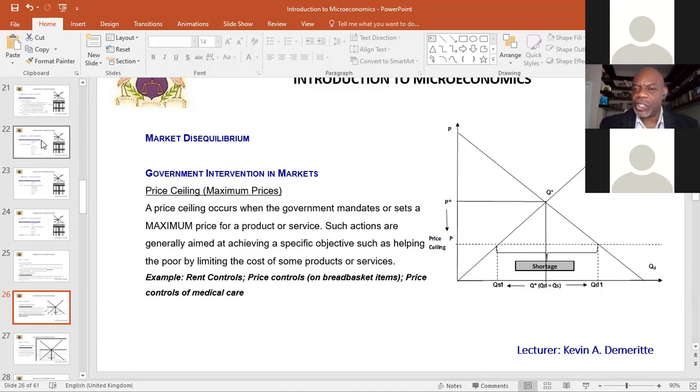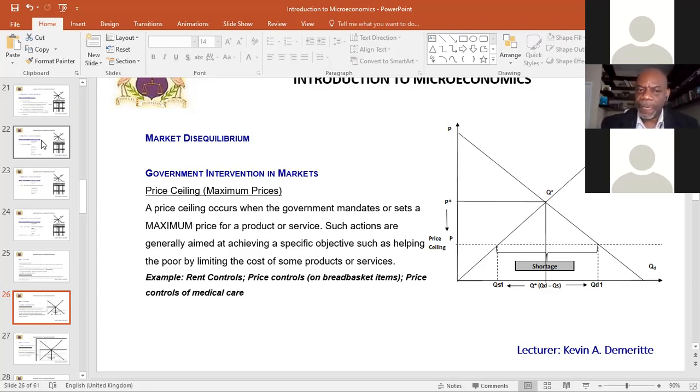We're going to end up with a shortage. So a price ceiling, when government intervenes in the market in the form of a price ceiling, it always, always, always results in a shortage of whatever the product or service is. Whenever there's a price ceiling, government says the price cannot go above this point. Regardless of what the market price is supposed to be, this is the price that government says you cannot charge